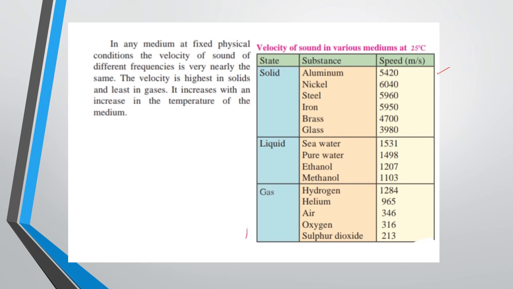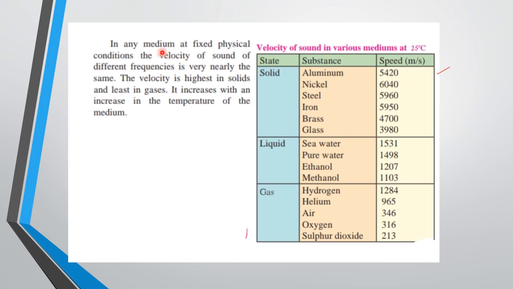So this is just a table which they have given that shows velocity of sound in various mediums at 25 degrees Celsius. So in case of solid state aluminum, it is 5420 meter per second, it travels so fast, whereas in liquid you can see it is 1531. In gases it is 1284. So if you compare the solids, liquids and gases, we can see the sound travels fastest in the